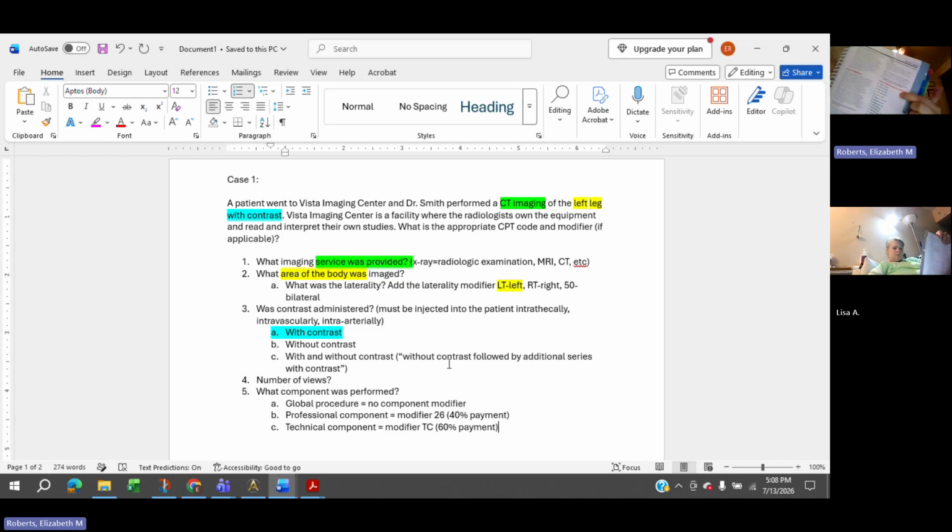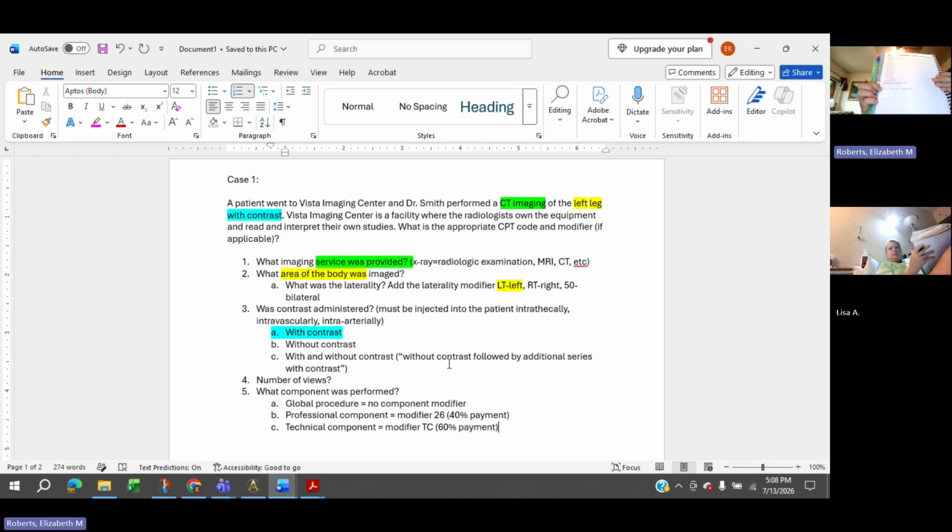You've got eyelids, fingers, toes. You can see you have the LT modifier. If you flip the page, you'll find the RT modifier. TC is not in this list. So I would suggest that you add TC to the list, just so you have it. I don't think it's on the CCA examination, but it's good to know, right? There's actually a really good area to write on this page, page 976.